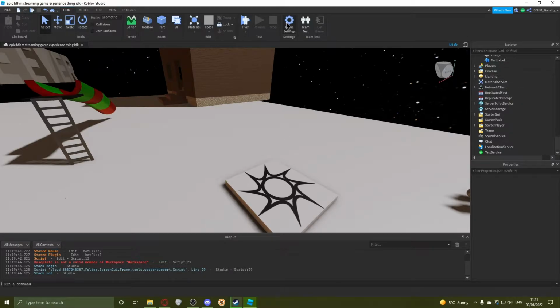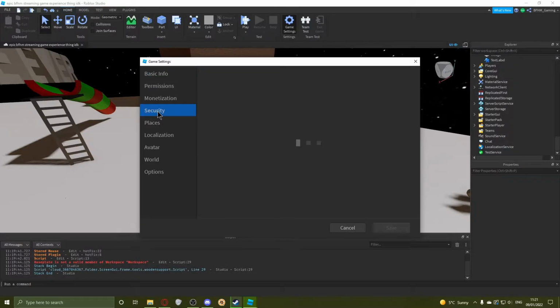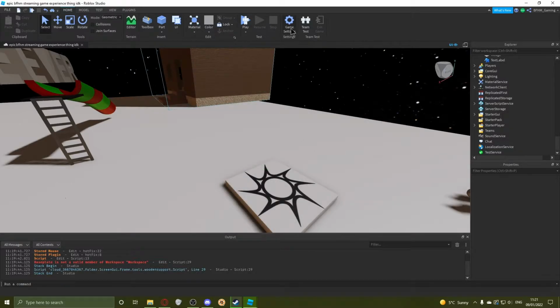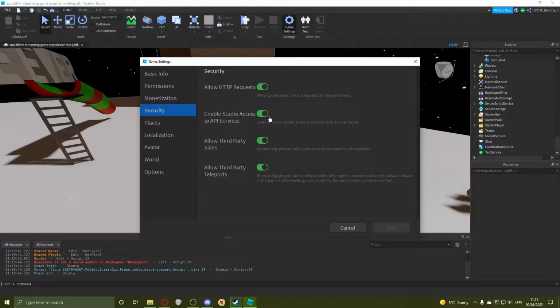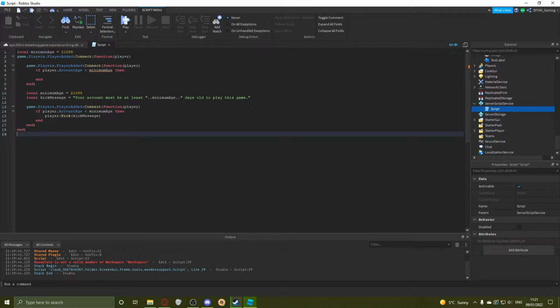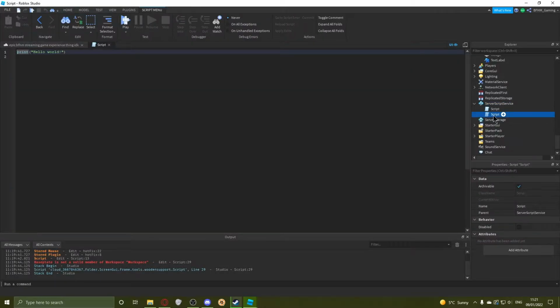So first, before you make any scripts, you need to go into game settings. Well, you need to actually publish the game, and then go into security and enable this. I'm just going to enable all of them, but you only need to really do this one here, so that it enables studio access to game services such as data stores, which is good. So, what's this? Oh, I think someone else made that script. I don't know what that is really, but let's make a script, and I'm going to call it